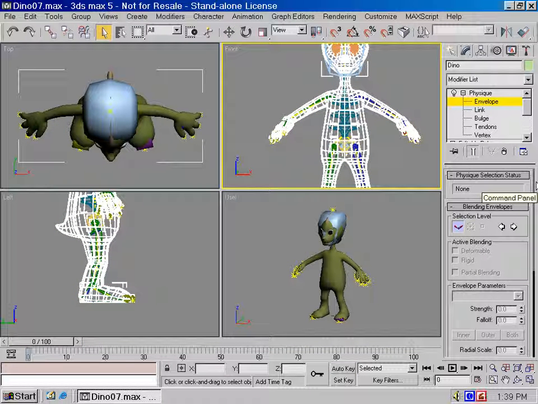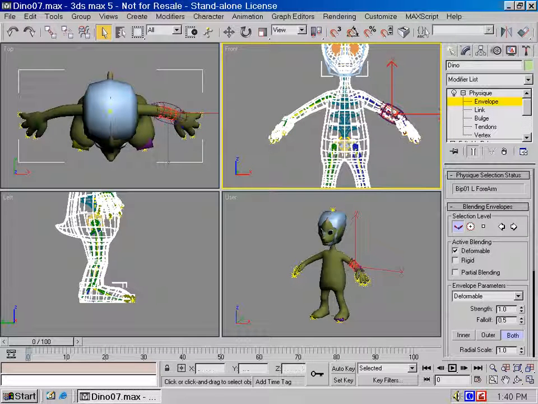When working with envelopes, there are some common problems that come up with the fingers and feet that we haven't had with this one, so we're going to take a look at that in a moment, but let's look a little closer at these envelopes here. If I select this envelope,